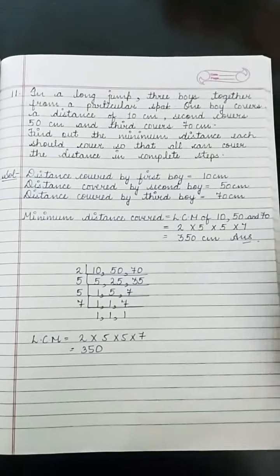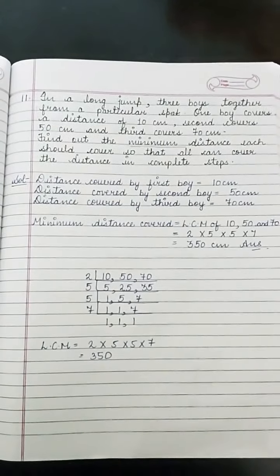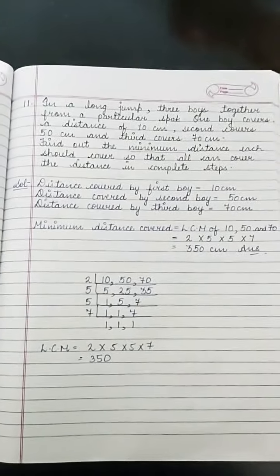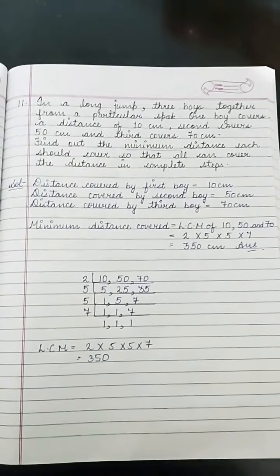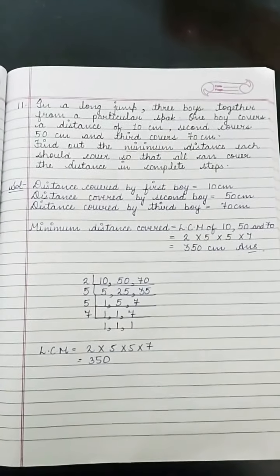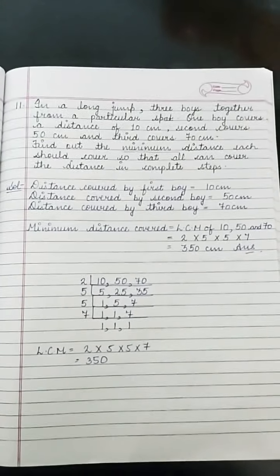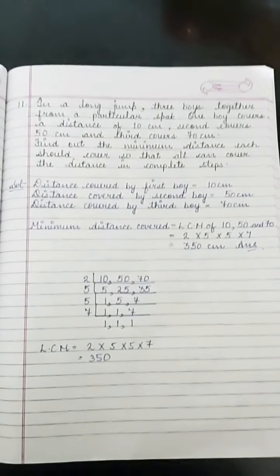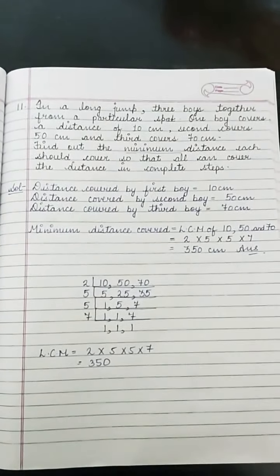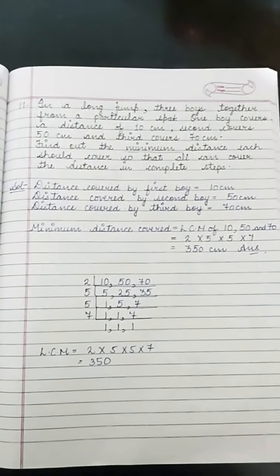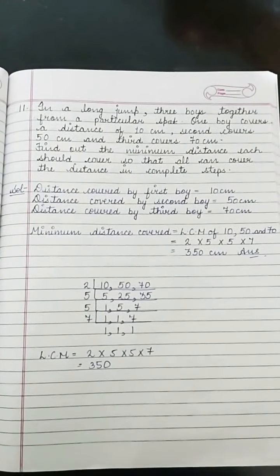So which distance do you have to find out? See here, you have to find out the minimum distance. So what is the LCM here? Least common multiple. Since you are seeing minimum here, that is why we will find out the LCM. And if in a question it says greatest or largest, then what will you find out? The HCF. That means for minimum, we find the LCM, and for greatest or largest, we find the HCF. Okay, so here we are going to find out the LCM.